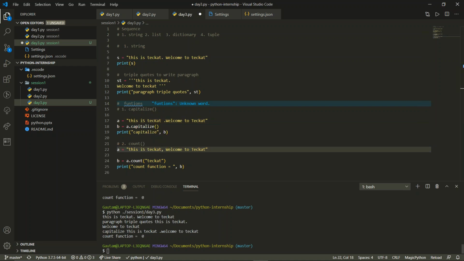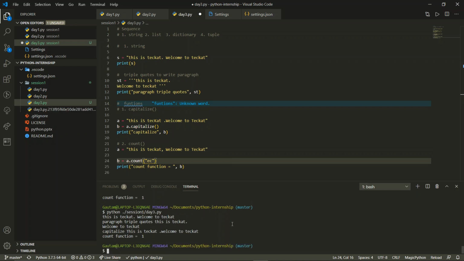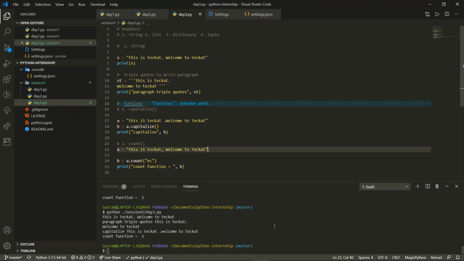Okay. Very good. You have good eyes. A is capital right over there. And now you can see it's counting 1. If we make it only TE or only EC, EC is small everywhere. If you are counting only E and C, the combination of E and C, then you can execute this and you'll find 1. I believe we haven't saved this, maybe.